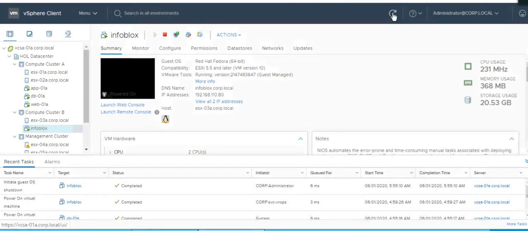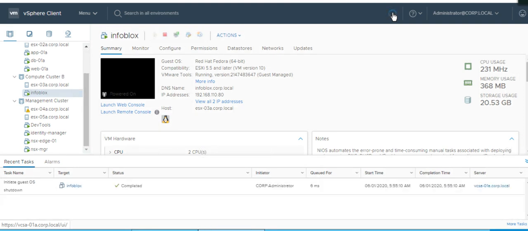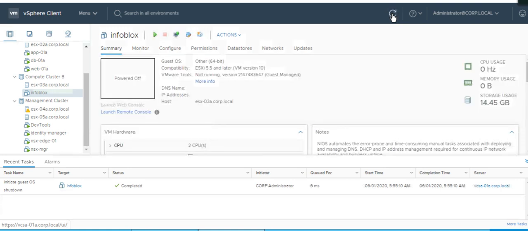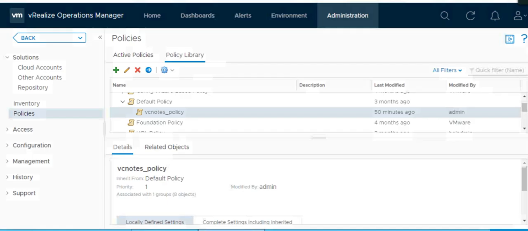Refresh the state to confirm that it is actually shut down. Let's hit refresh three or four times. Okay, it is powered off. Now go to VROPS and see what it says.